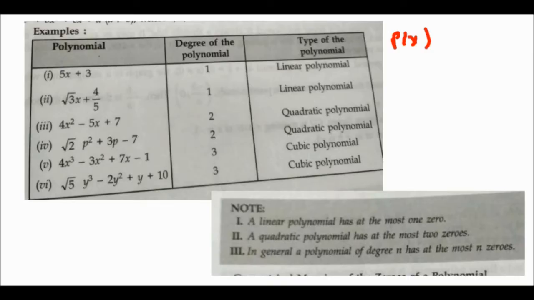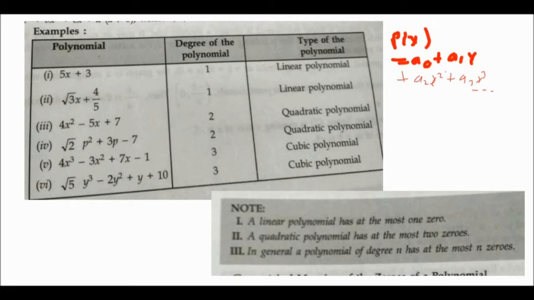A polynomial is an algebraic expression of the form p(x) = a0 + a1x + a2x² + a3x³ and so on, right? A very important thing: the variables involved have